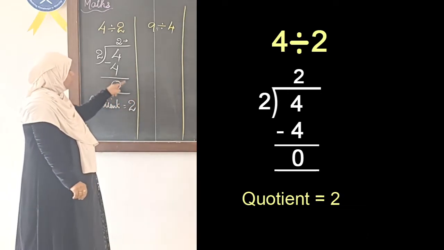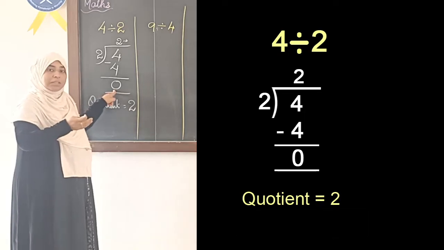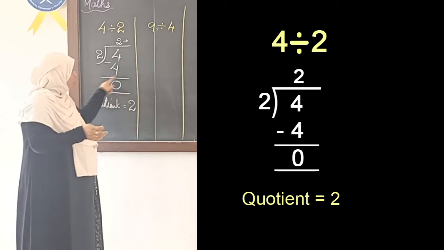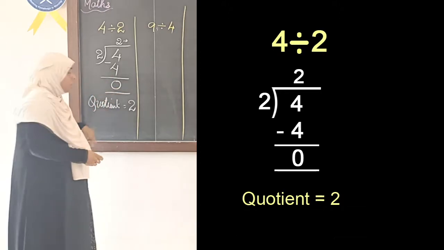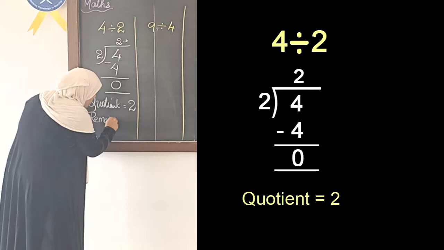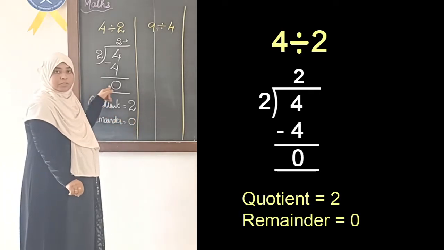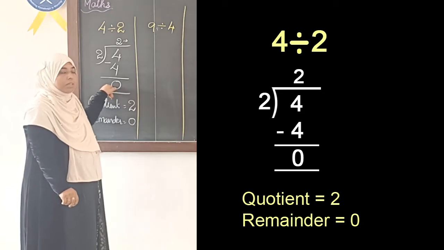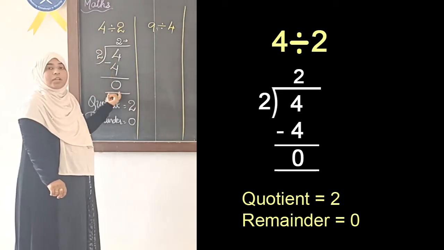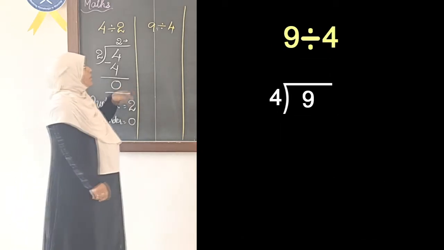Okay, now sometimes you will get some numbers over here, like we have got 0, you might get some other numbers also like 1, 2, 3. So this number that we get over here, we call it remainder. Okay, it is called remainder. Remainder is 0 over here. Fine, have you understood what we have done? This way of dividing we call it long division method. We will do one more example.